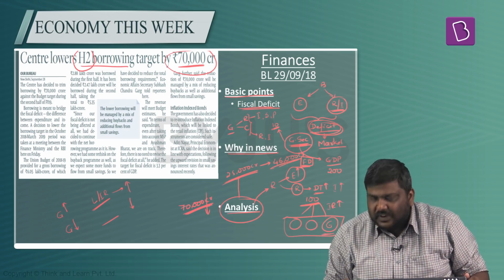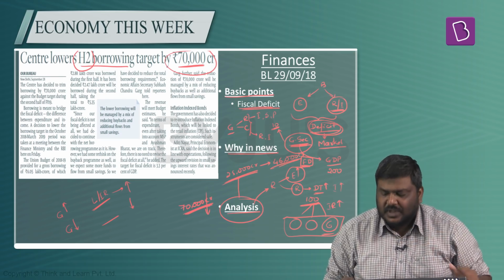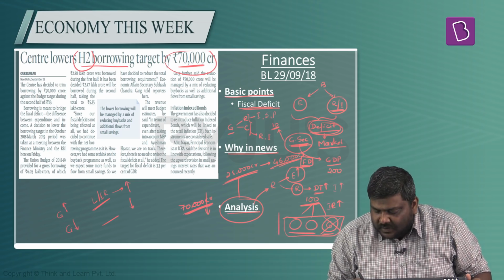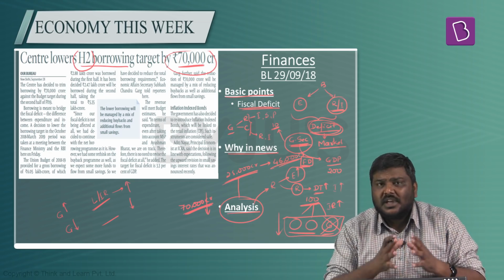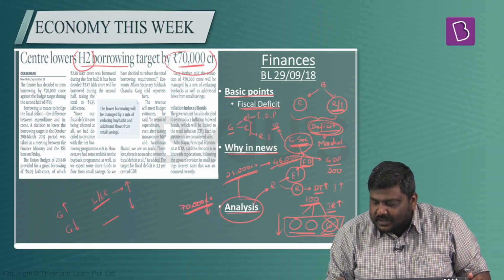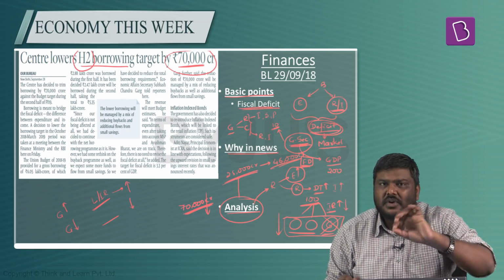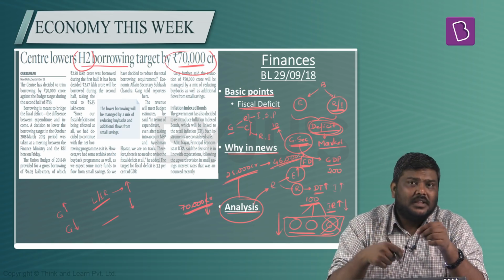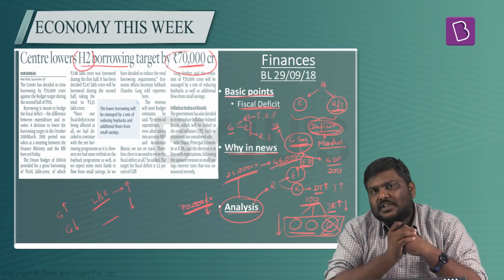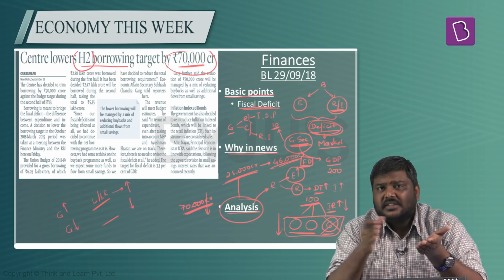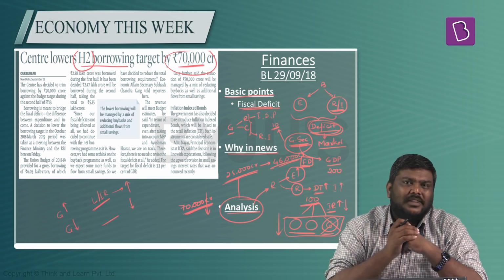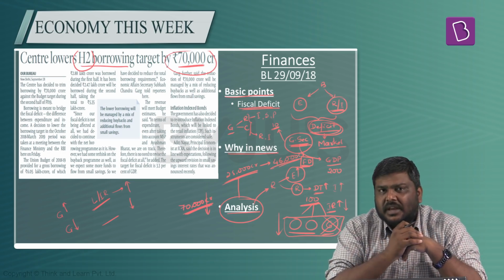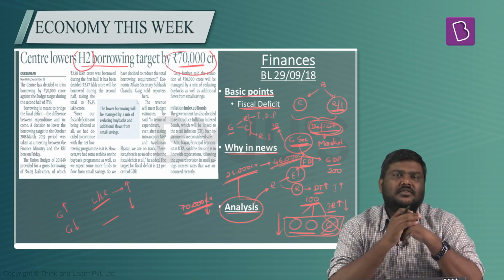Now, if Government of India simply says, I'm going to drop out of the race, I'm not going to borrow any more in the market, can I simply say the number of borrowers in the market has come down? And since the number of borrowers comes down, the lending rates or the interest rates on these securities will also come down. That is the precise reason we saw that with Government of India announcing the reduction in borrowing for the second half of this financial year, the interest rates on various securities also calmed down in the market. That is the basic relation between the borrowings of the government and the interest rates in the market. So this is the basic analysis of this article.